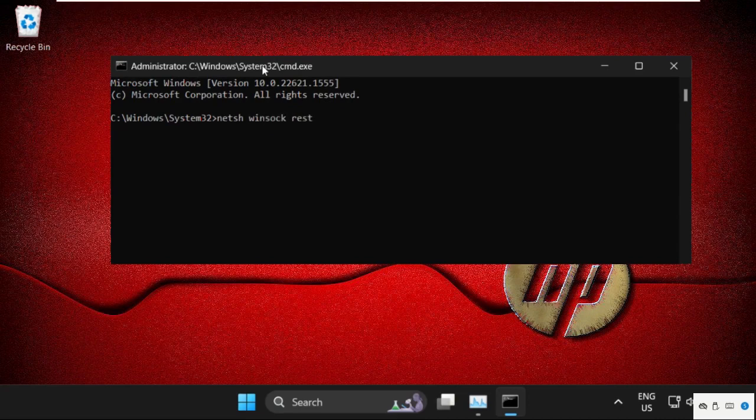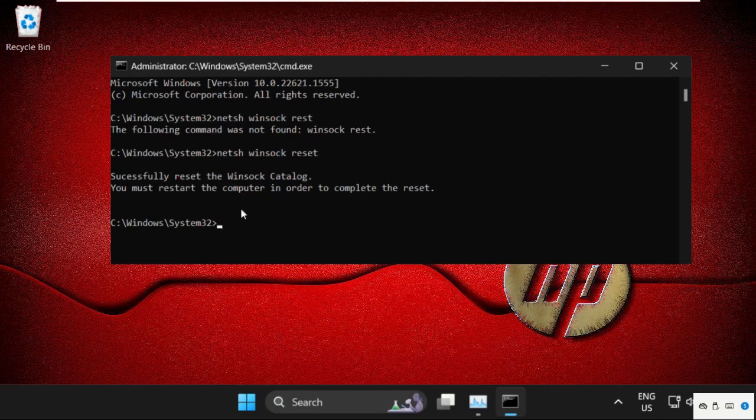reset and hit enter. Then okay, it's just a typing mistake. We need to type in good manner netsh winsock reset and hit enter. Once done, we need to type in netsh